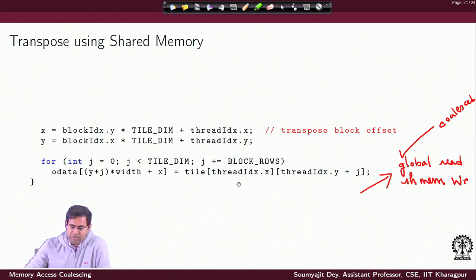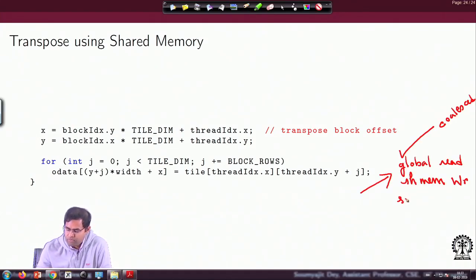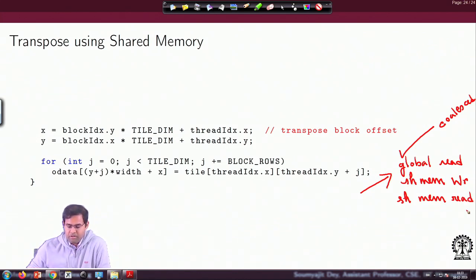Now, why is this a good thing? What are the operations I am doing here? Now I am doing a shared memory load. One may argue that you are loading by column from the shared memory, because you are using x here and then y here. Why is that not so bad? Well, this is shared memory. So essentially you are not having coalescing, but that is from the shared memory, so the load times are very small with respect to the global, and I am okay with this.